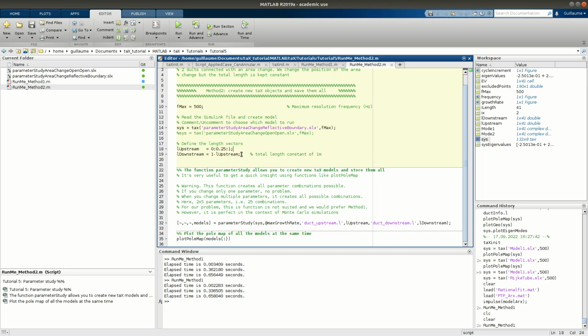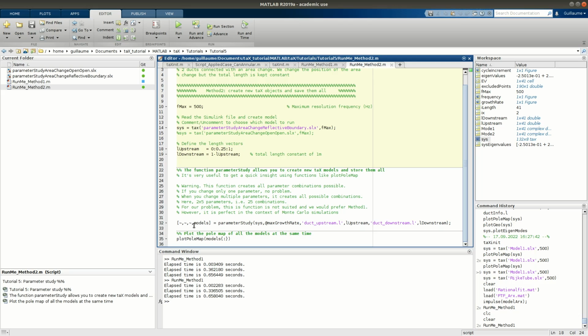But if you would change, I don't know, 5 parameters with 10 values for each, that would be a lot of combinations. So this function is rather to be used when you want to do Monte Carlo simulations. Or if you change only 1 parameter and want to quickly have a sneak peek at what's happening,